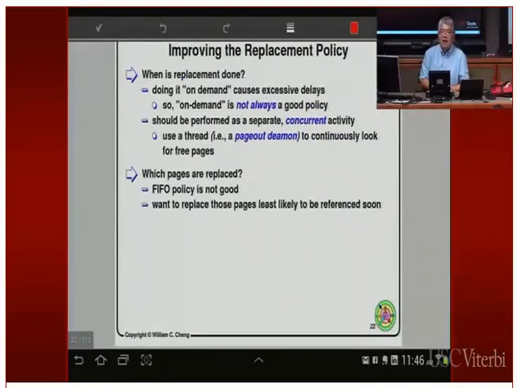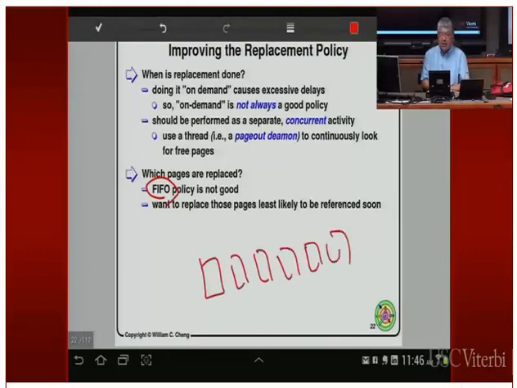All right, so that determines the replacement policy, right? The replacement policy is saying which one you want to throw out. And what do we do? One thing you can do is put everything in a linked list, and we're going to use the first in, first out policy. Basically, all the page frames we're going to put in the linked list.